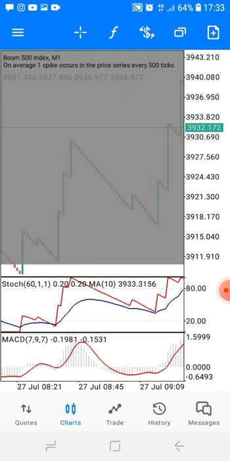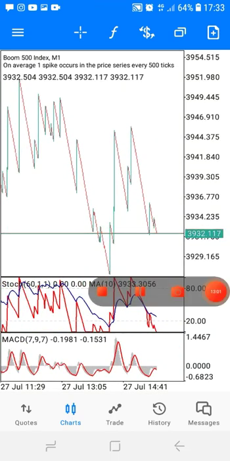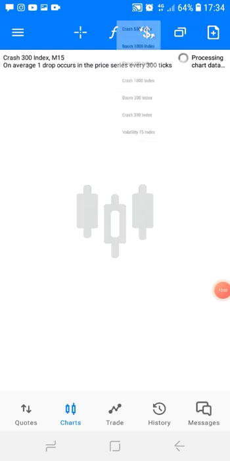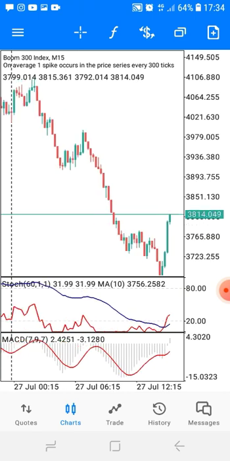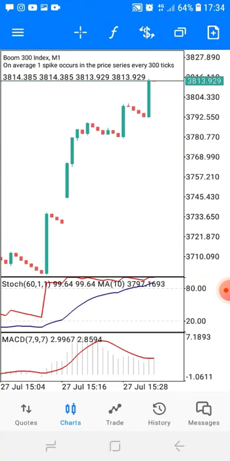So, yeah, guys, that's how it is on Boom. I was going to show you guys also on Boom 300, but then we don't have a condition right here, because I was trading Boom 300 last week and I lost. We have been in a super strong downtrend. Let me see what's going on here.